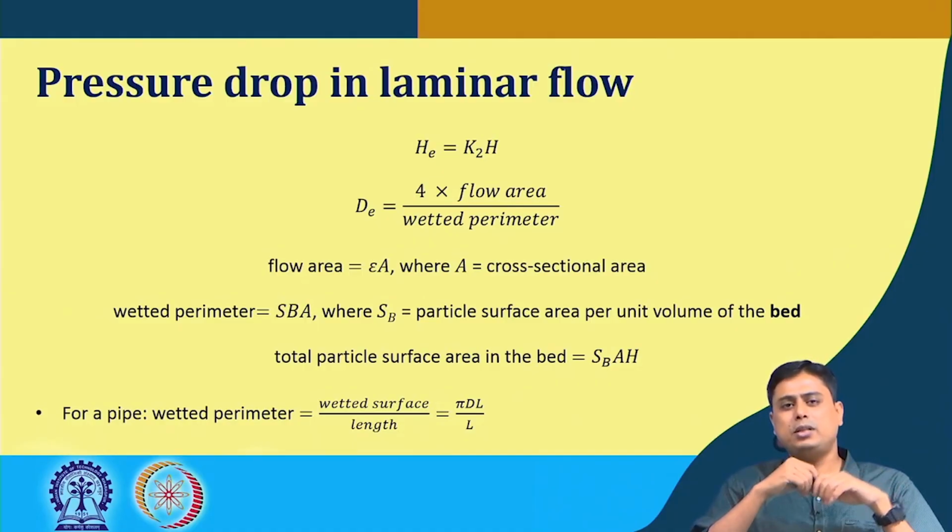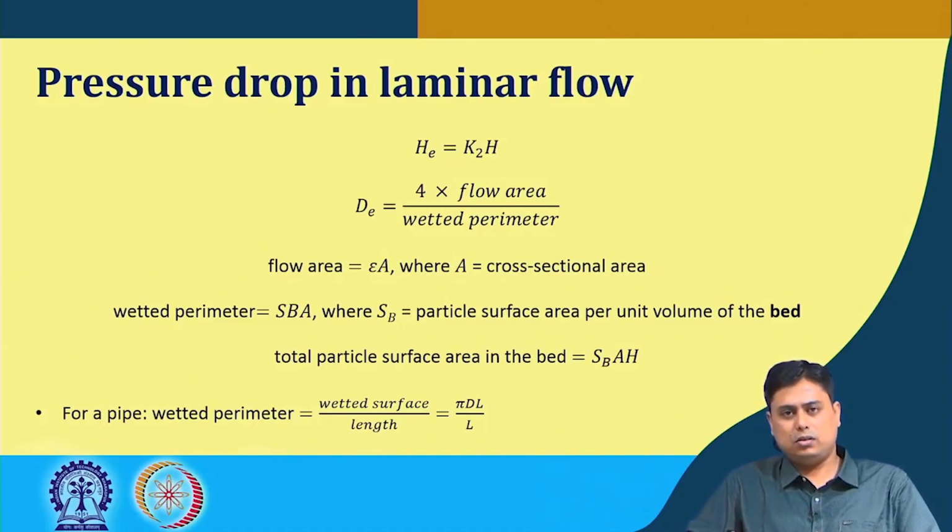The equivalent diameter or the hydraulic diameter, how do we define? It is 4 multiplied by the flow area divided by the wetted perimeter. So, wetted cross section by the wetted perimeter. Okay. Now, here